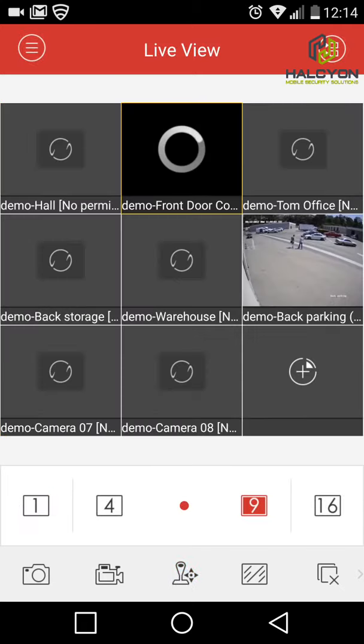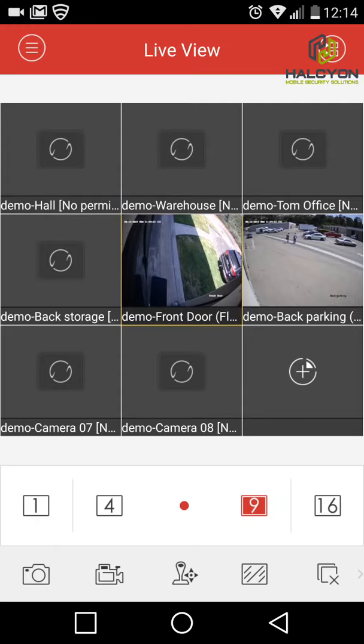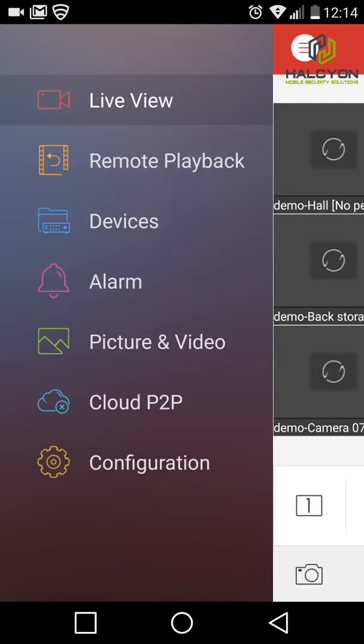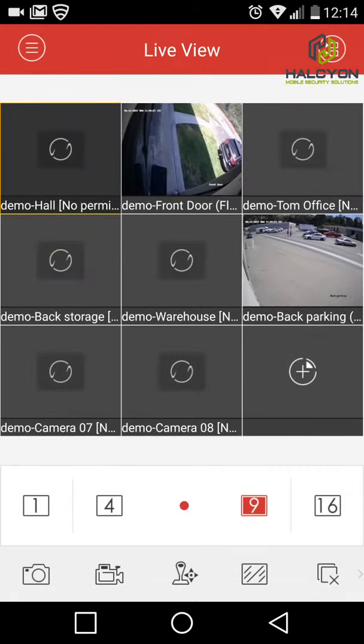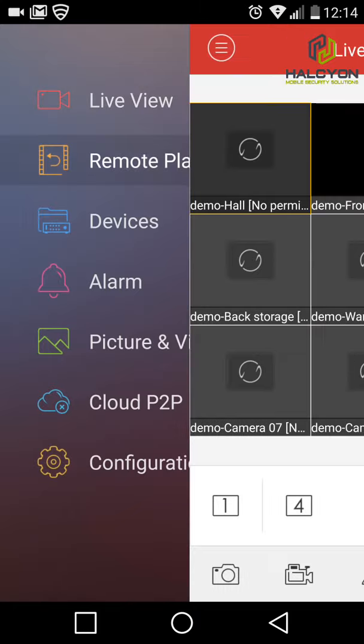Now you can click on the icon and move them. If for some reason you move it to the trash and you want to reset the view, just click on the menu, go to devices, go to your device and click on live view, and the view will be reset to the default setting. Now to see playback, you will go to remote playback,